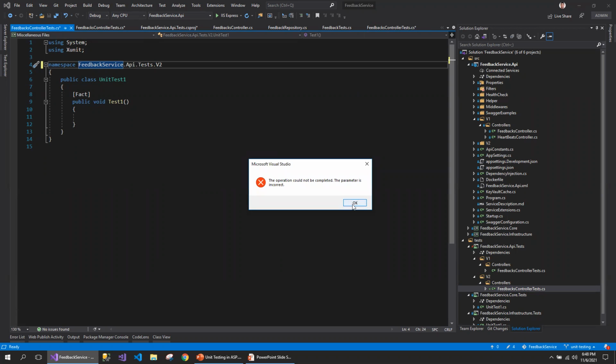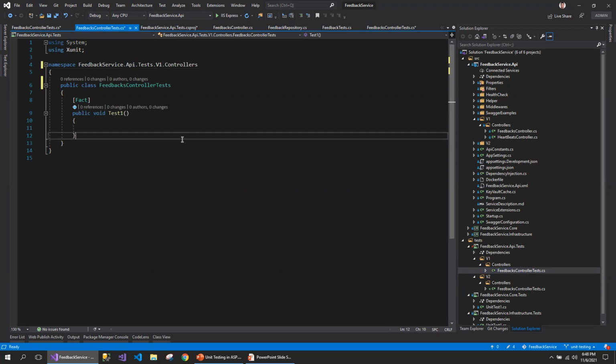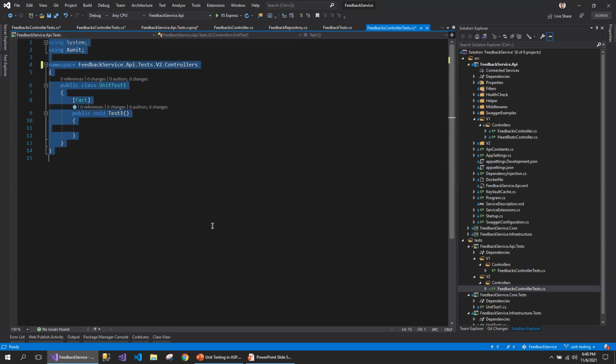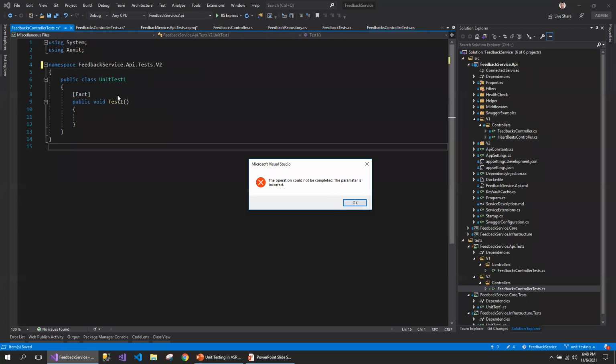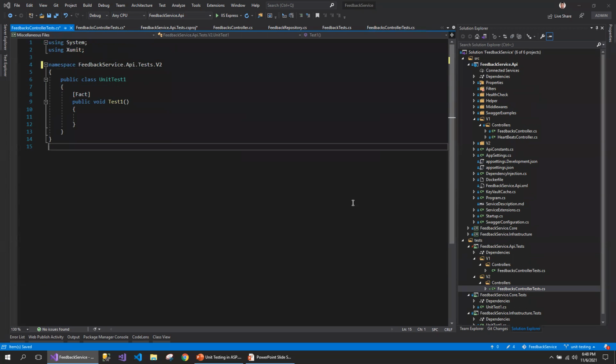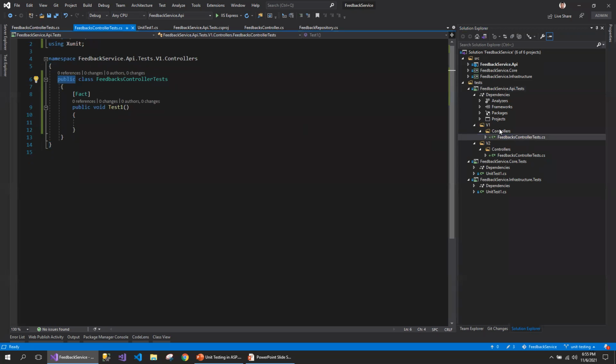Is there anything wrong? Parameter is incorrect. I think I messed up a little bit. Let's see, is everything okay? So I want this file name same as the V1, except this should be under V2. Looks like there is something wrong. Okay, so there was some error in the folder, so I just cleaned up, and now you see I created